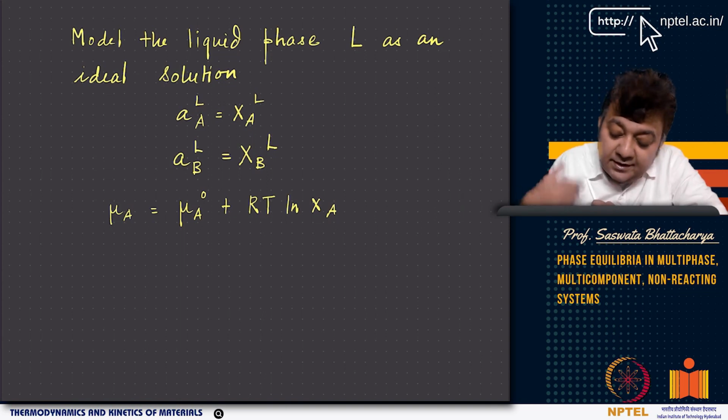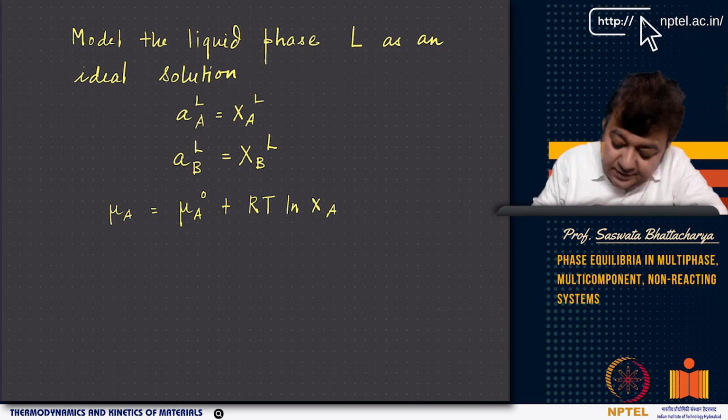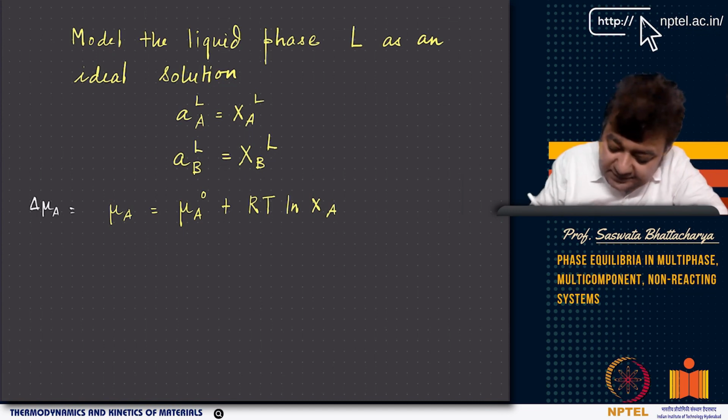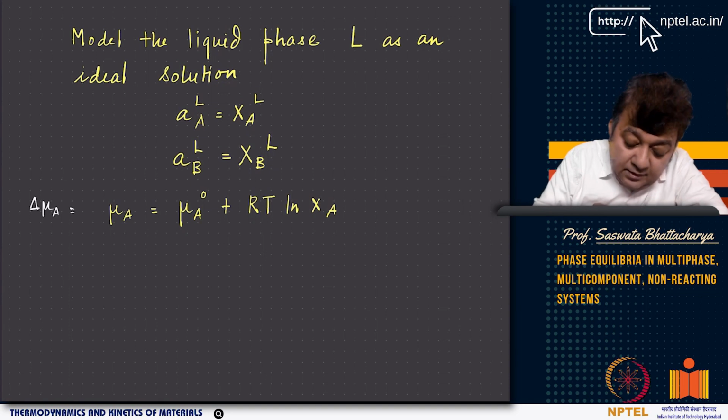You have a solution. In a solution, you have both A and B, so it deviates from mu A 0, right? And we have looked at this as delta mu A, which equals mu A minus mu A 0. Now if I look at delta mu A, then what will I write? Delta mu A,